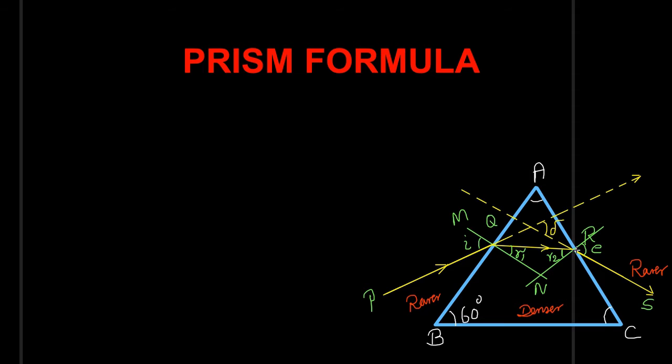In this quadrilateral, the sum of the opposite angles, that is angle Q and angle R, between normal and surface, or we can represent it as NQA and NRA, are both 90 degrees. So the sum of opposite angles is 180 degrees. What about the sum of the other opposite angles?